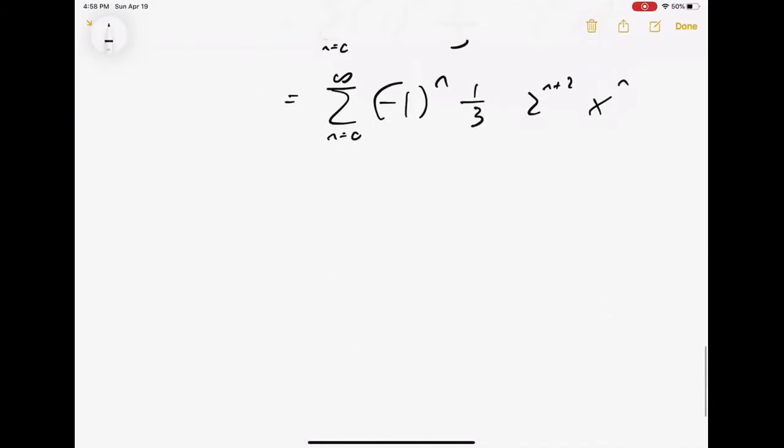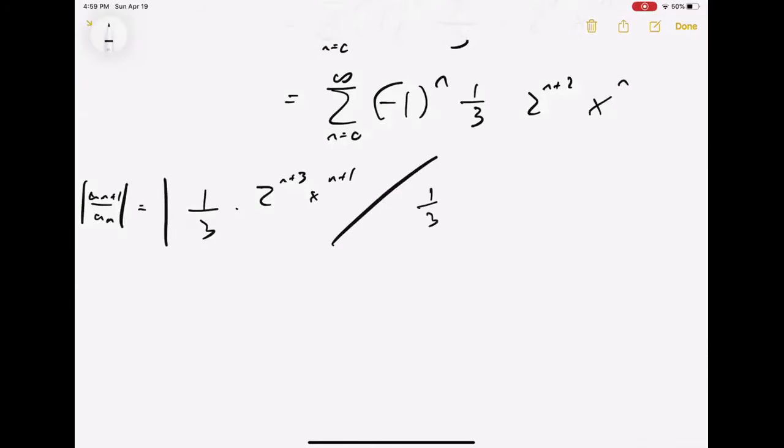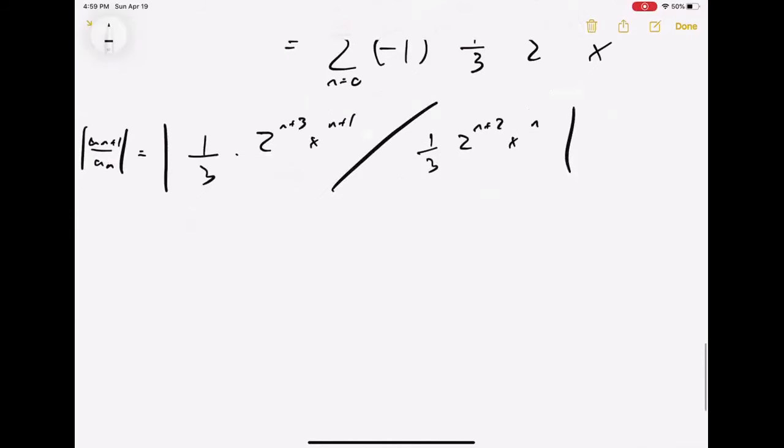Now let's find the interval of convergence. How do I find the interval of convergence? I can just do the ratio test. This is section 11.8 material. So I do the ratio test. I can ignore any negative signs because I'm doing absolute value. Simplifying this, the 1/3 would cancel, and I'd have (2n plus 3) over (2n plus 2), times